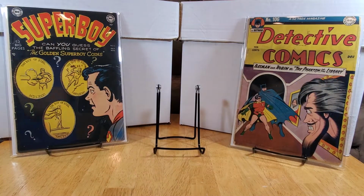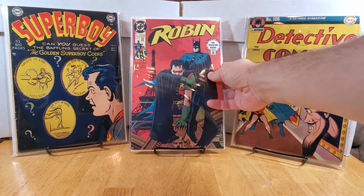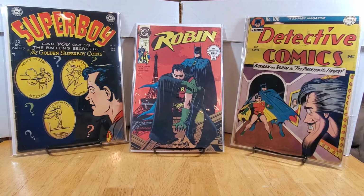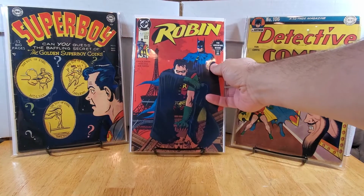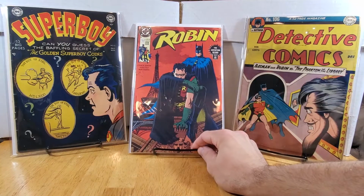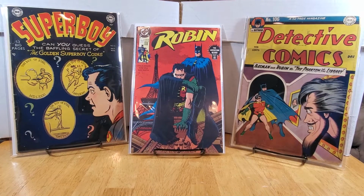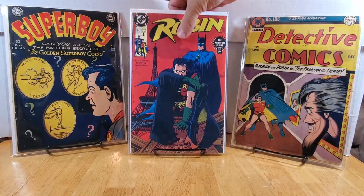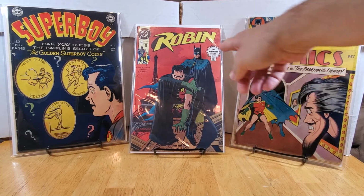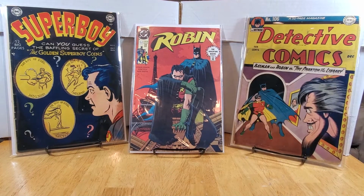All right, also continuing with the dollar books, Robin #1, which obviously is not a big deal. I grabbed these because they have the second print, which this is here, and this is the third print. I wasn't sure if these were really worth any more than the first print. I don't believe they are. There is a second print, this one with the same logo. I can't remember if it's white or black, but if it's got the UPC code on the bottom, that is